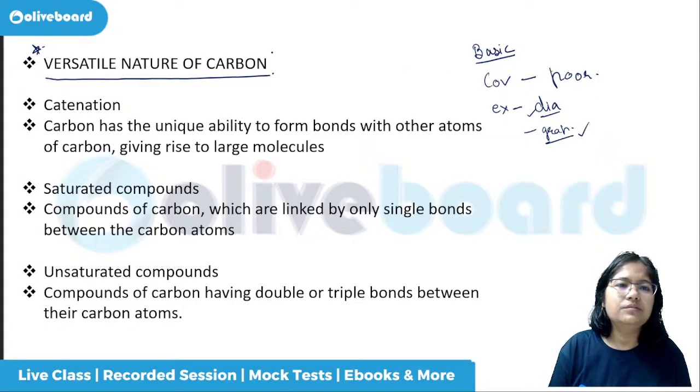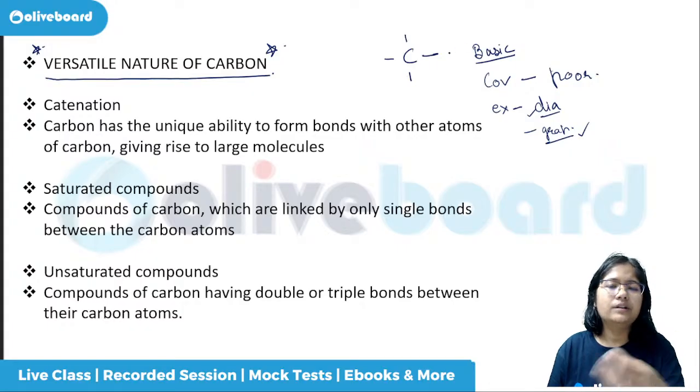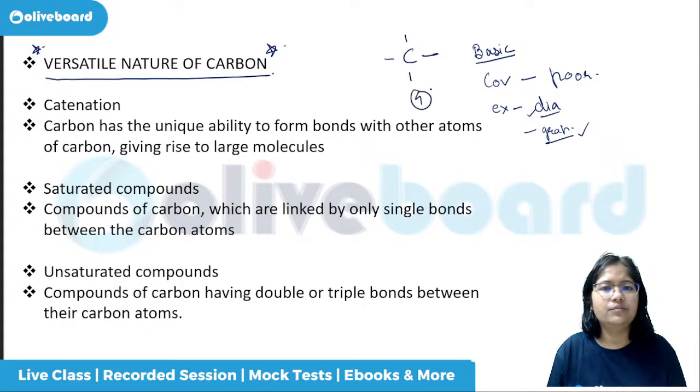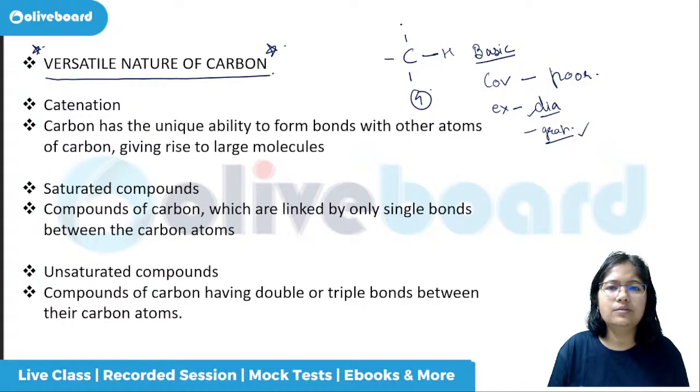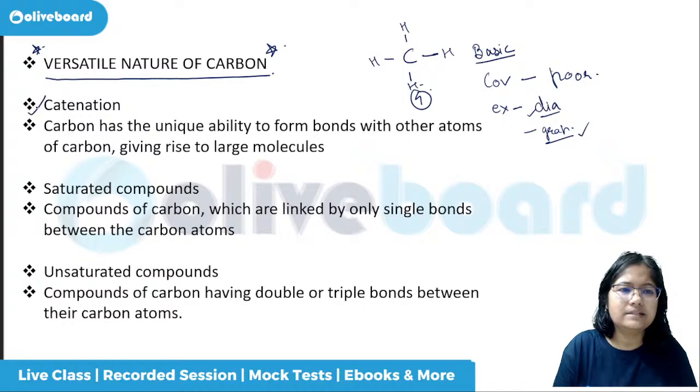Now let us come to the versatile nature of carbon. So we will study two things basically. One is the tetravalency, which some time ago we also saw. It is difficult for carbon to decide whether to give away or accept, because it is in between with 4, and that is why it will decide, all right, let us form the covalent bond. So that is your tetravalency, and another is catenation.